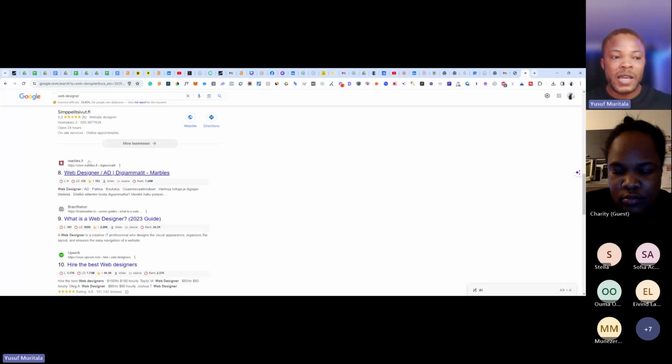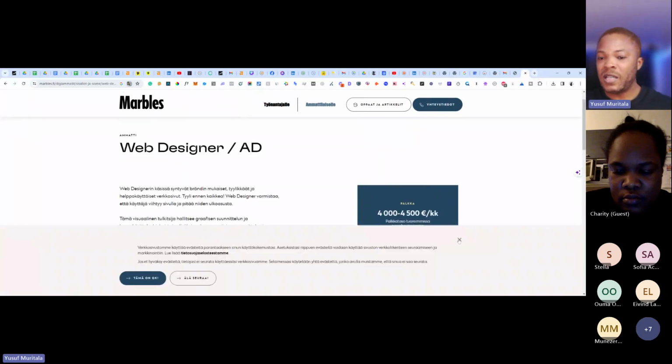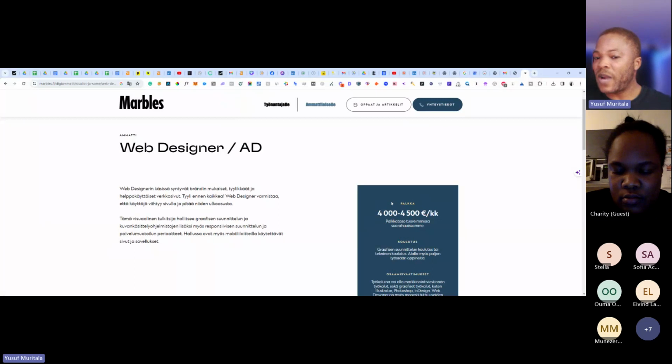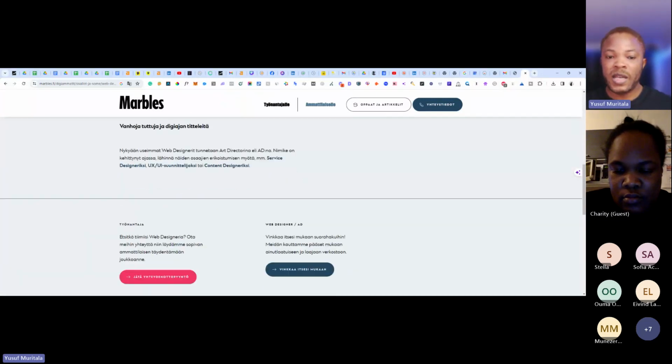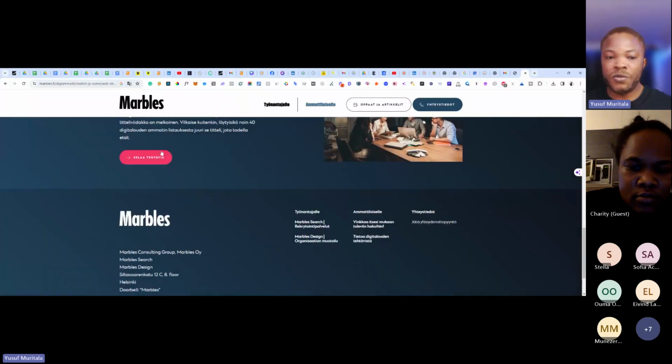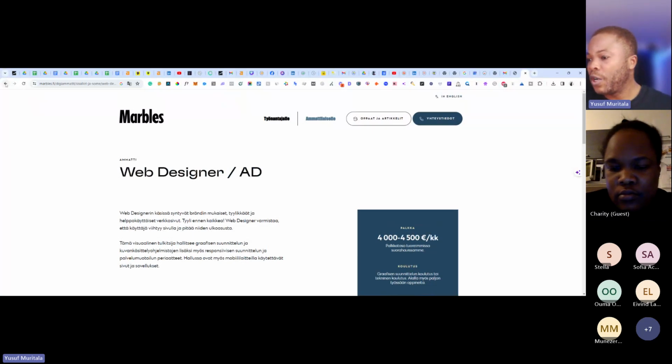You can see web designer in terms of the page, and this is a service page. They already put their price there, and the person is in Finland, and what they do, right? So this is showing a transactional keyword. It's a transactional intent, right?